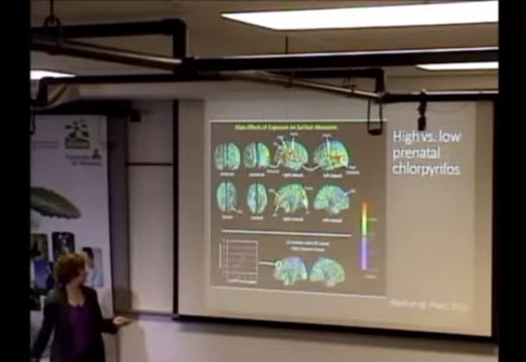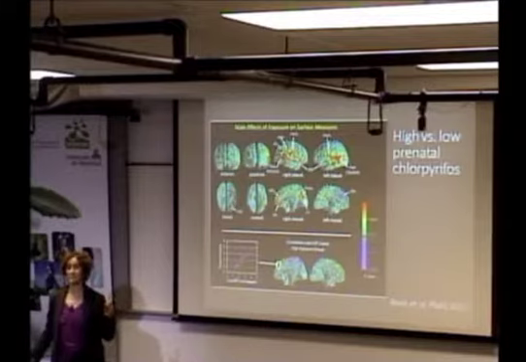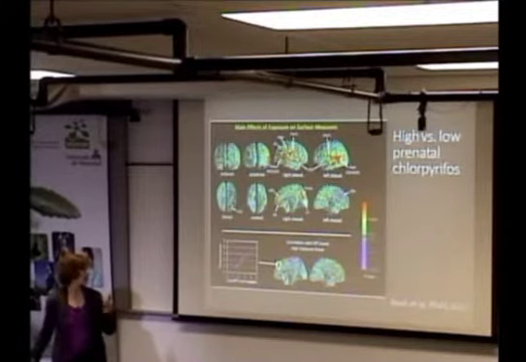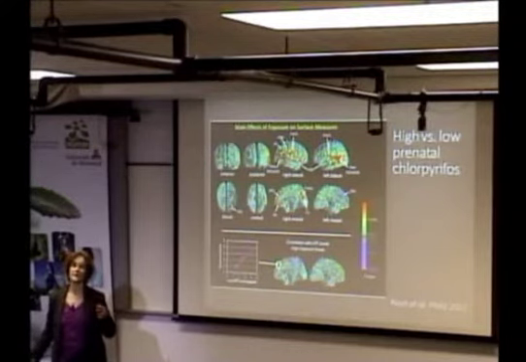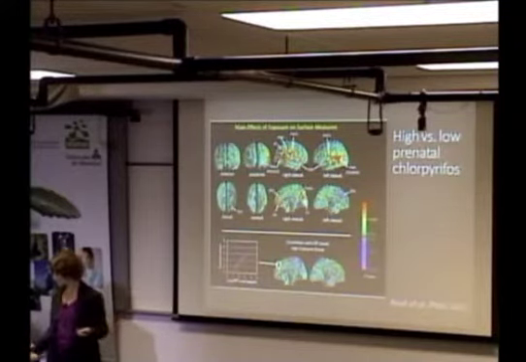But this was associated with changes in areas of the brain that are involved in attention, language processing, inhibitory control, and social cognition. So areas that are relevant for autism and of course ADHD and other